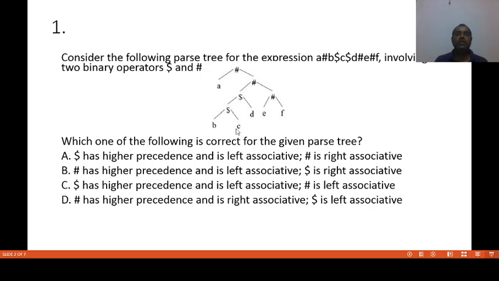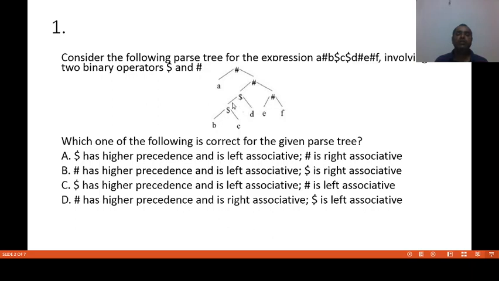Now, we know that when we are deciding the associativity and precedence of the operators, we have to traverse the tree from bottom to up. When we traverse the tree, you can see this way we will come to B. That means first this dollar will be evaluated.